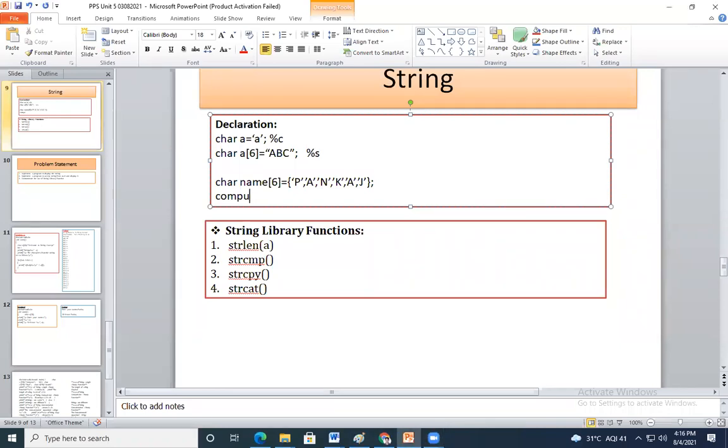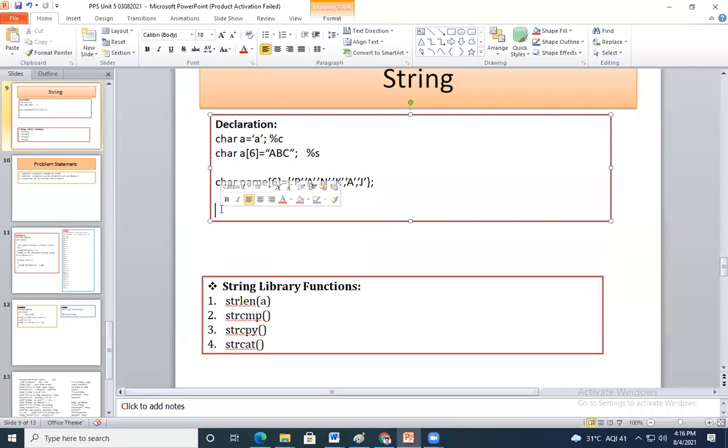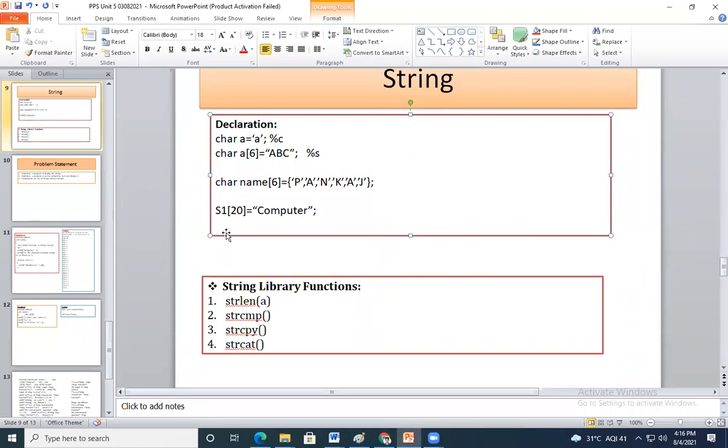Okay, so we are looking for the string concatenation function. So here, if I'm having one string, let's say s1, and here some value is equal to computer, and if I'm having another string, let's say s2 of 15 characters length, I will write it here, world.